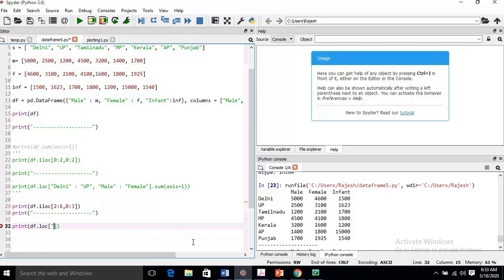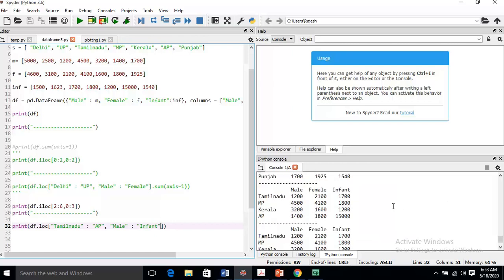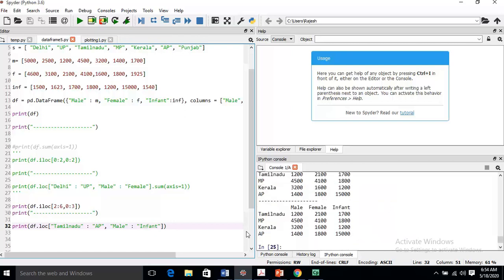Simply write the row index Tamil Nadu, then AP, and comma, you require male to infant, simply male, then colon, infant. Press F5. Both have the same result, you just see. Here I have used iloc, here I use loc, but the result in both cases is the same.